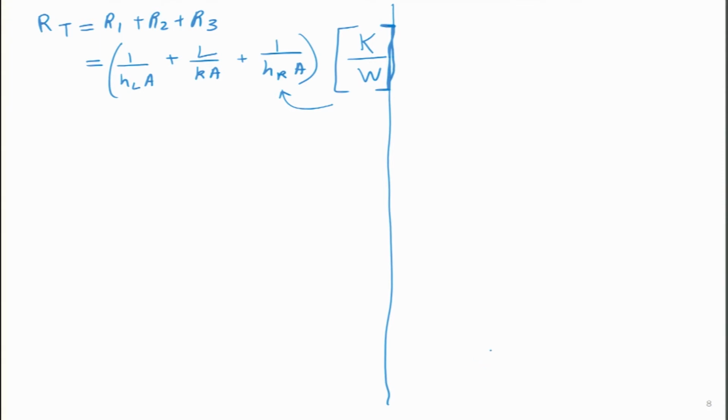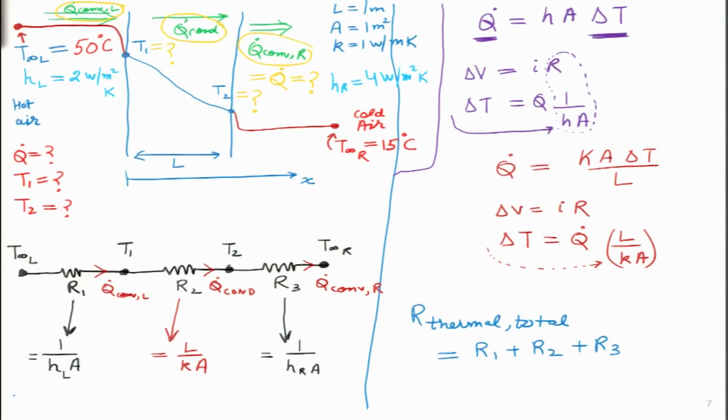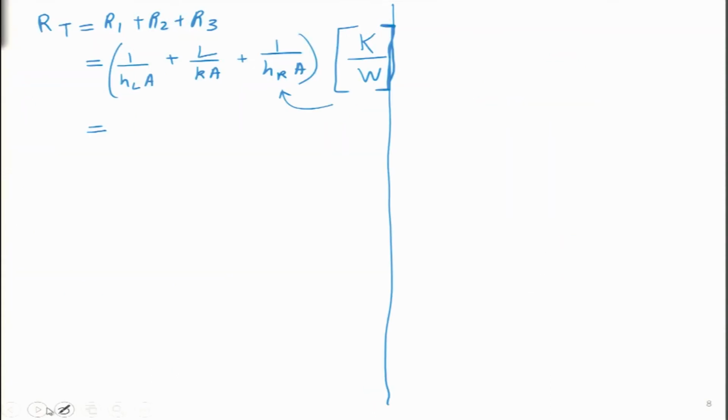This is the unit, and this we can see by doing the dimensional analysis over here. Now, let me put in some numbers, because I want to solve the previous problem. If you remember, in the previous problem, we wanted to calculate these three values. These are the unknowns for us. So, let us try to calculate them. I remember some of these numbers. HL value we have taken as 2, and A value is always 1. Length was 1 meter, K was also 1, A was also 1. So, for simplicity, it turns out to be nice numbers over here. HR value, if we remember, was 4 over here.